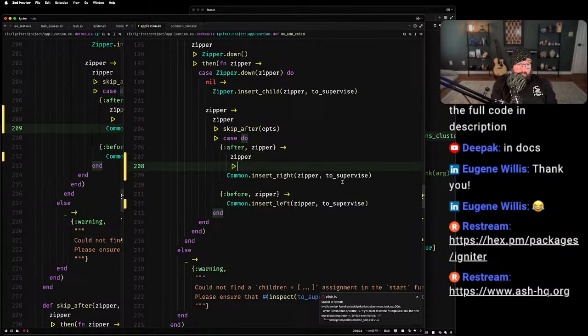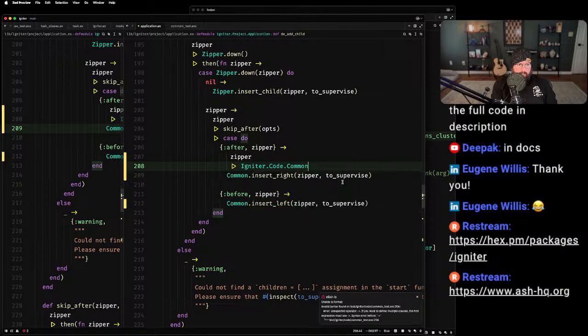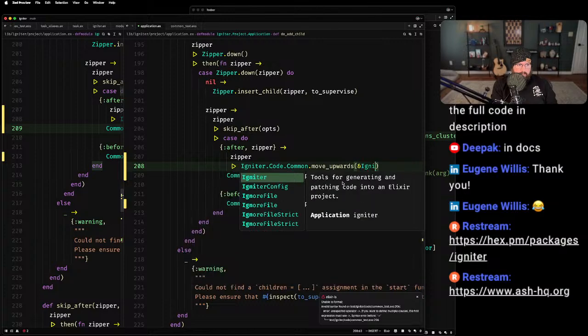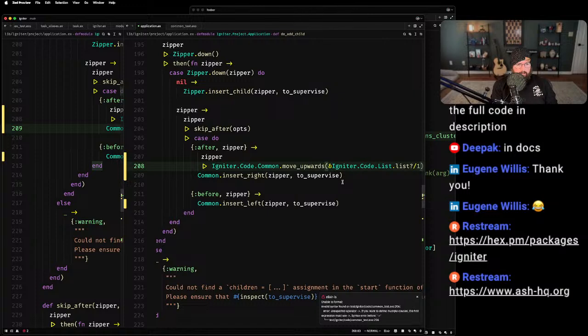So we'll say zipper, igniter.code.common.move, move upwards. So move upwards until we get to something that's a list.